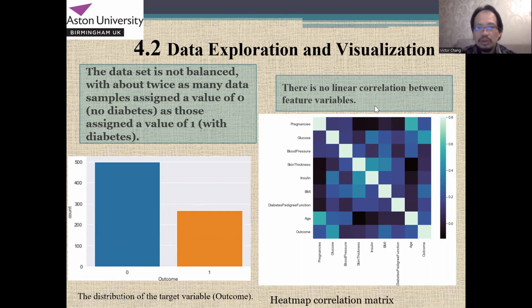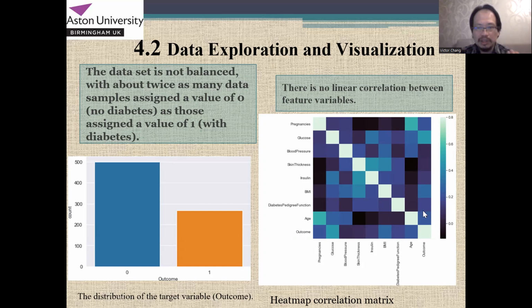And then there is no linear correlation between the feature variable because, of course, you cannot compare yourself. But in this case, the darker the color means that there is no correlation. We should look for the lighter color. So maybe some, yes, they do, like age and pregnancies, because usually the higher the age, the more difficulty you might